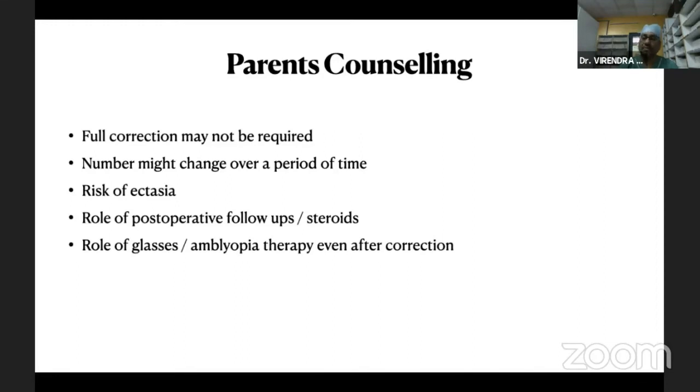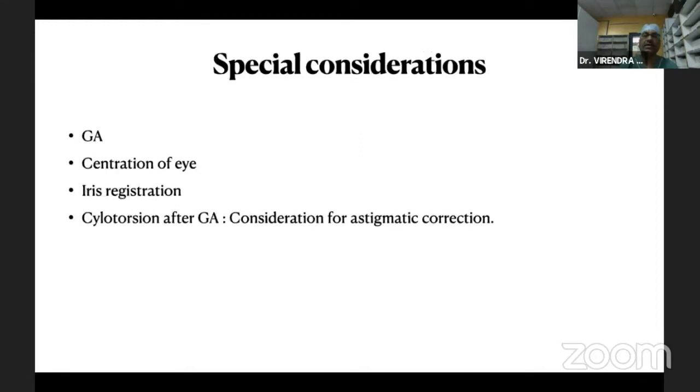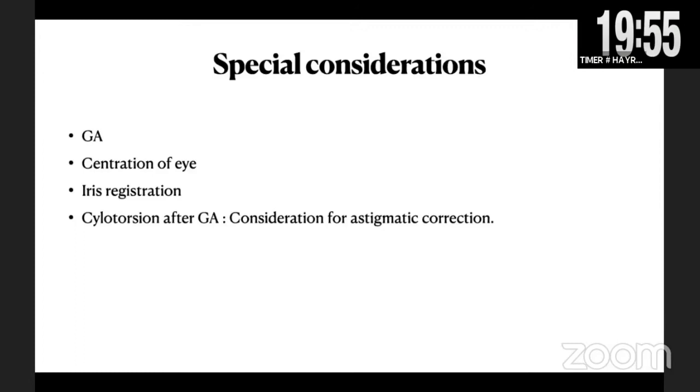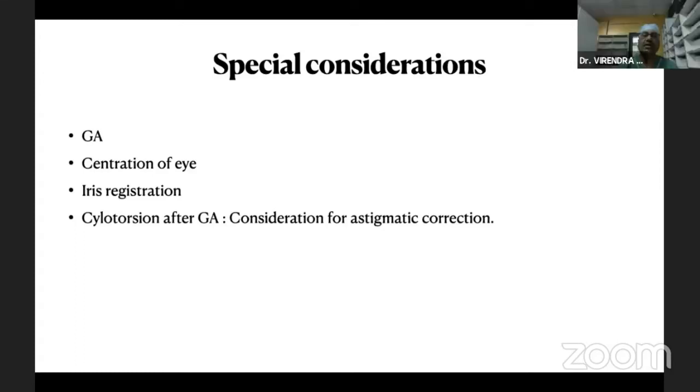The big issue will come that the amount of refractive error we want to correct is not possible in majority of the patient, because usually 1, 2, 3 diopter of plus or minus hypermetropia or myopia is not a big concern for us, even if patient is not ready or not compliant or not able to wear glasses or contact lenses. Because doing this refractive surgery for a very low correction is not a common thing. Even the patient's parent will not understand and may not do it, and we will not get the support from our colleagues also, because usually when you say that you need to do some refractive surgery in a very small child, they will take second or third opinion.